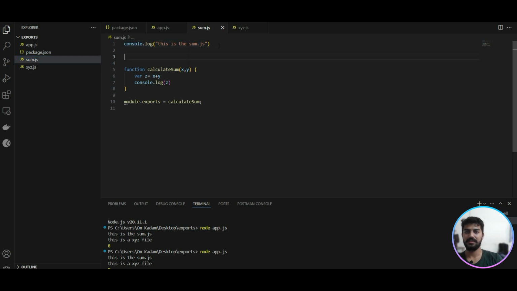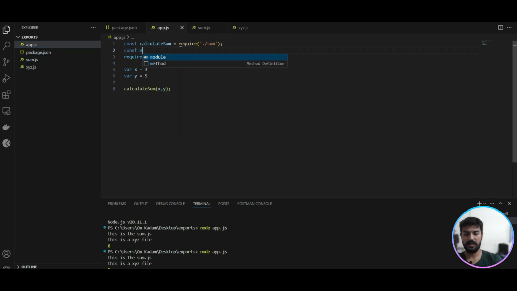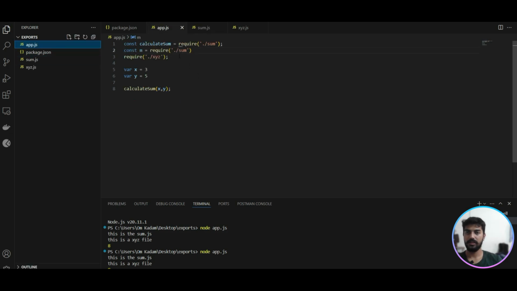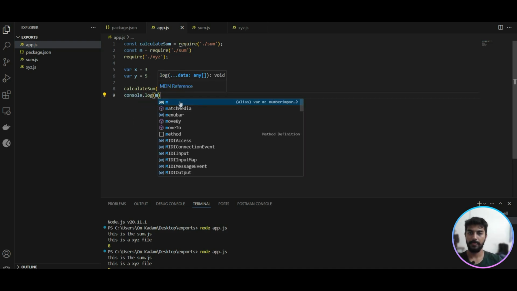Now let's see one more thing. Let's say we also have a variable called m inside this, and the value of variable m is 9. If you want to export this variable also, then we can do like this: module.exports is equal to, I can simply give m here. And now inside the app.js, I will do const m is equal to require, and again the same thing, ./sum. We can do it here only. Let's do console.log and let's log m here. Now if we run our code,